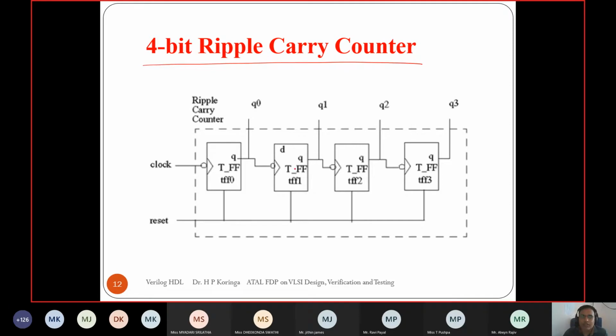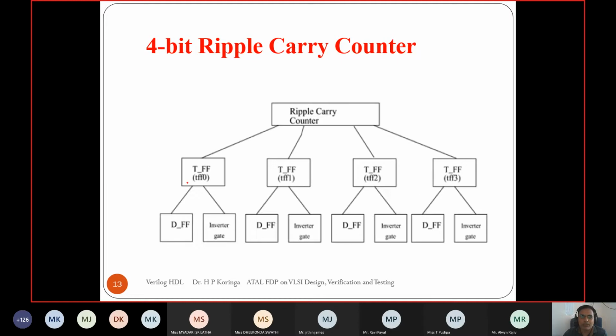Since we want to design a 4-bit one, we require four T flip-flops. And again we know a T flip-flop can be designed using a D flip-flop and one inverter gate, right? So this is our leaf cell, the lowest block.